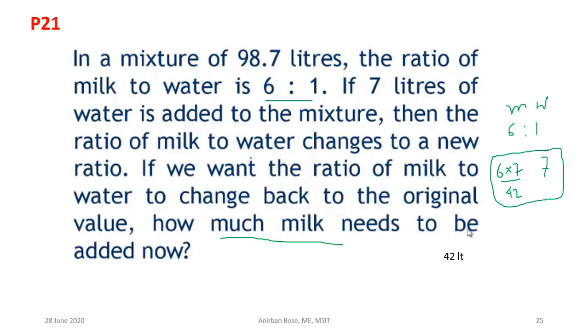Then basically what you are adding is in the ratio 6:1, so it will keep that ratio constant. If you go by the way that after 7 liters the ratio will change, and to compensate that you add milk, then definitely it will take a lot of time. Okay, so it is basically a very simple problem. If 7 liters of water is added and you want to keep the same ratio, then simply in that ratio you add the milk. So the answer will be 42 liters. That's all. Okay,